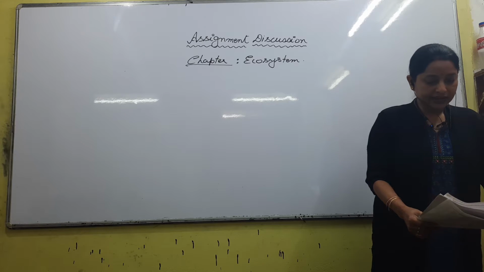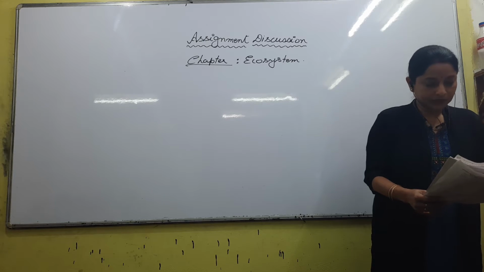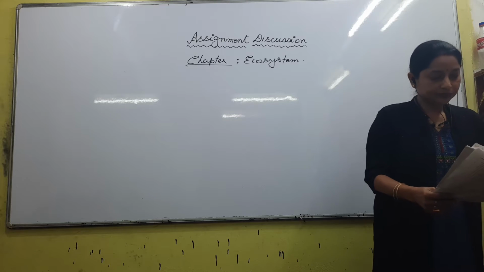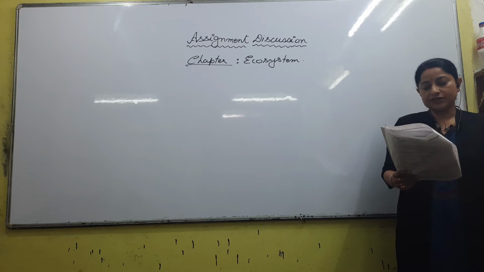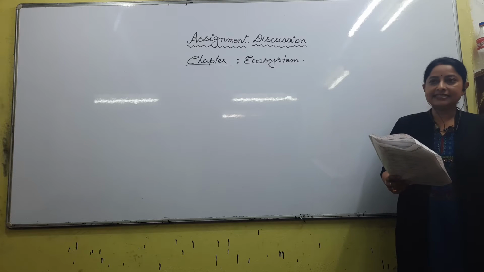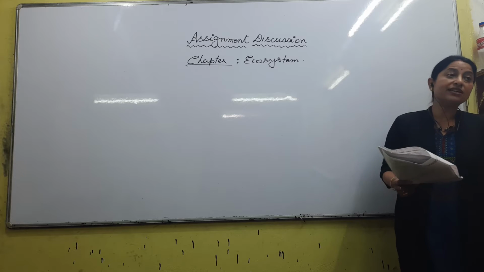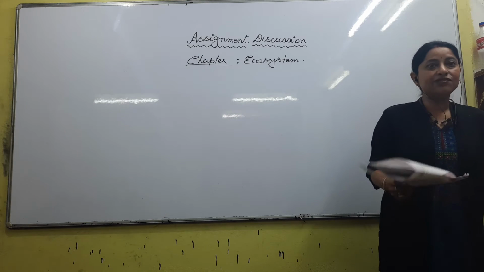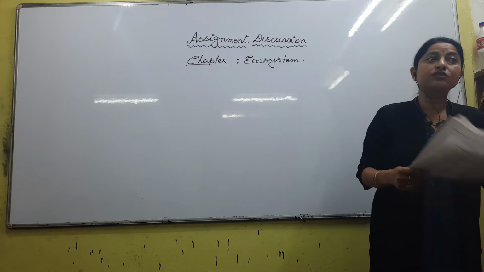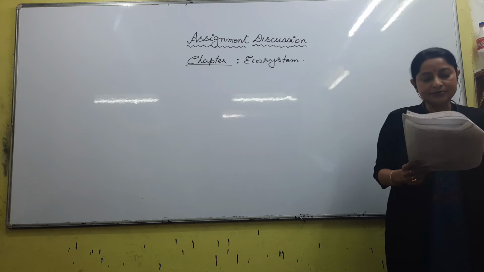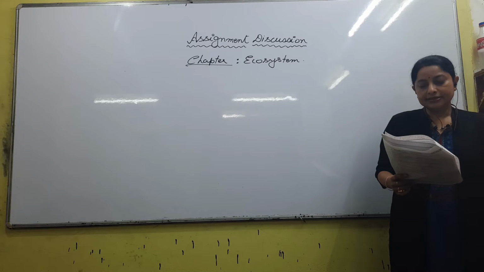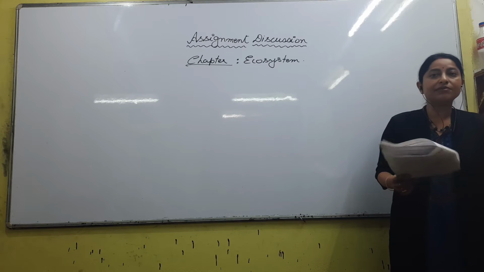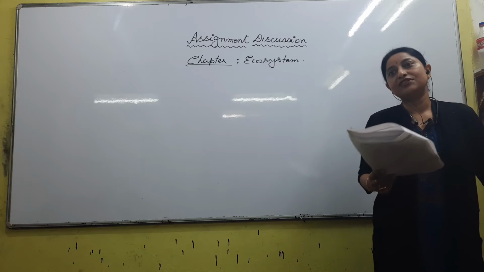Over a period of time, available food. 24. In a parasitic food chain, which trophic level is represented by bugs and lice? We have a tree, in the tree there are so many birds, on the back of the birds we have the parasites, right? So it is T3. T1 would be the tree, T2 would be the birds, and on the birds there would be parasites or insects, so it will be T3.